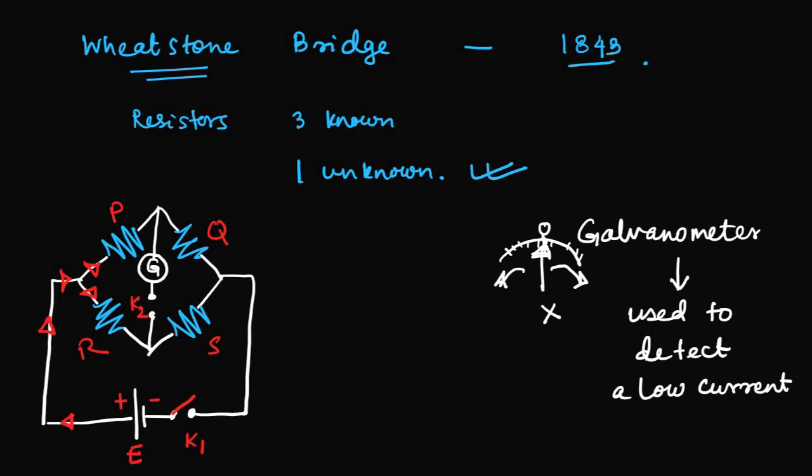I will also name the corners so that it will be properly emphasized. This is terminal A, this is B, this is C, this is D. Okay. Now these are the PQRS resistances. G is the galvanometer. Now I will show you the amount of current that is flowing through. This is very important to understand. Now here current is flowing, I.